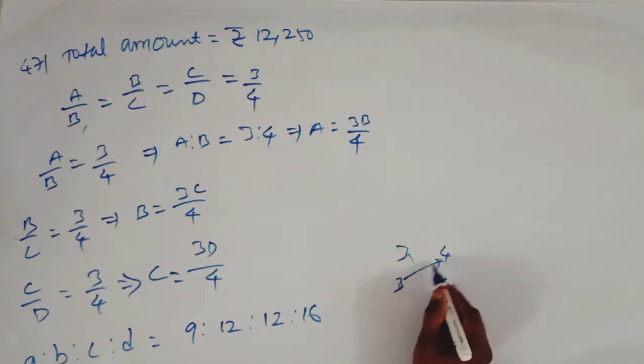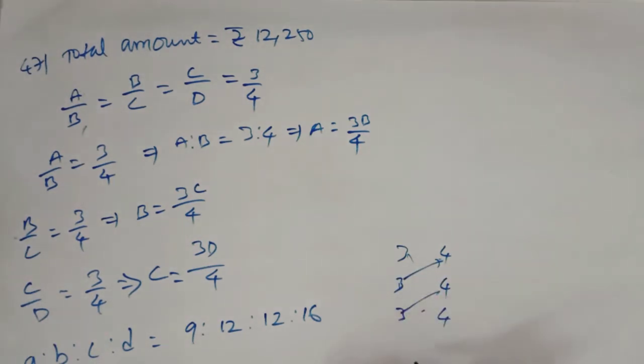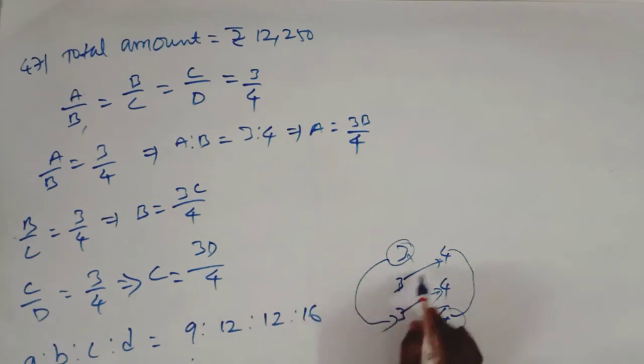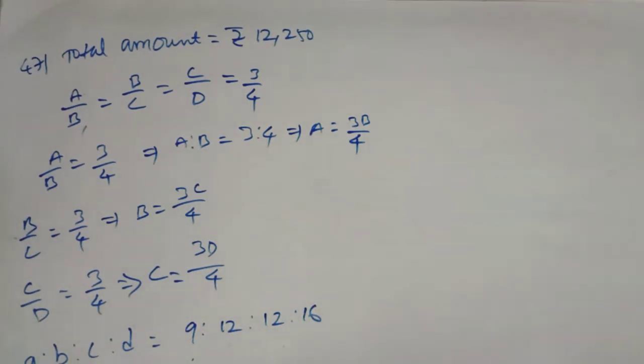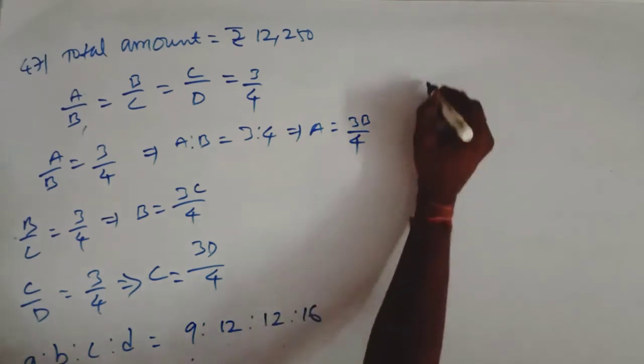So here I need to multiply these two, that is 12. In the same way, last one is 3. So these two will be, I am going to multiply. So here this 3 is there and this 4 is there. So this 4 should be multiplied to the top and this 3 should be multiplied to the bottom. So 3 into 3 is 9, 3 4s are 12, 3 4s are 12 and 4 into 4 is 16. Now the ratio of A is to B is to C is to D is 9 is to 12 is to 16. Okay. Now total ratio. How much is the total ratio?